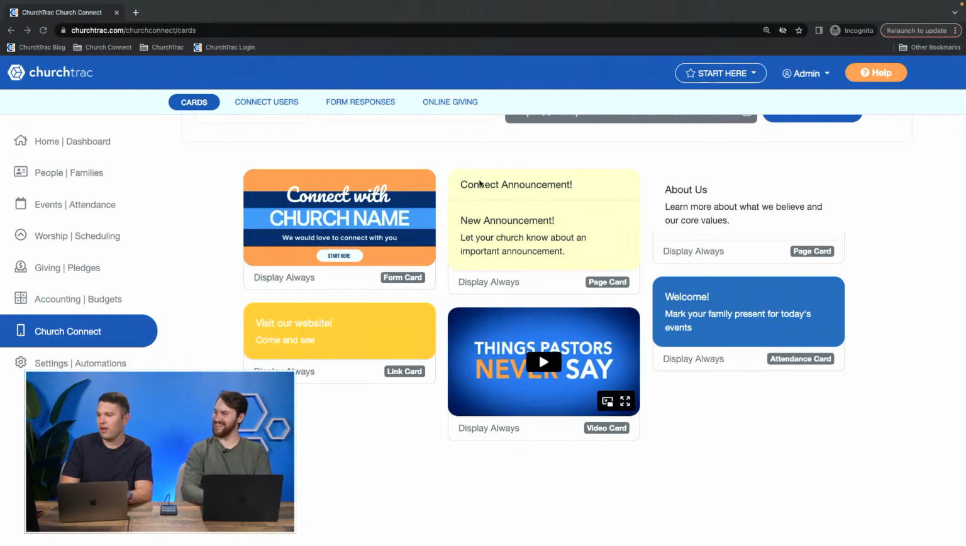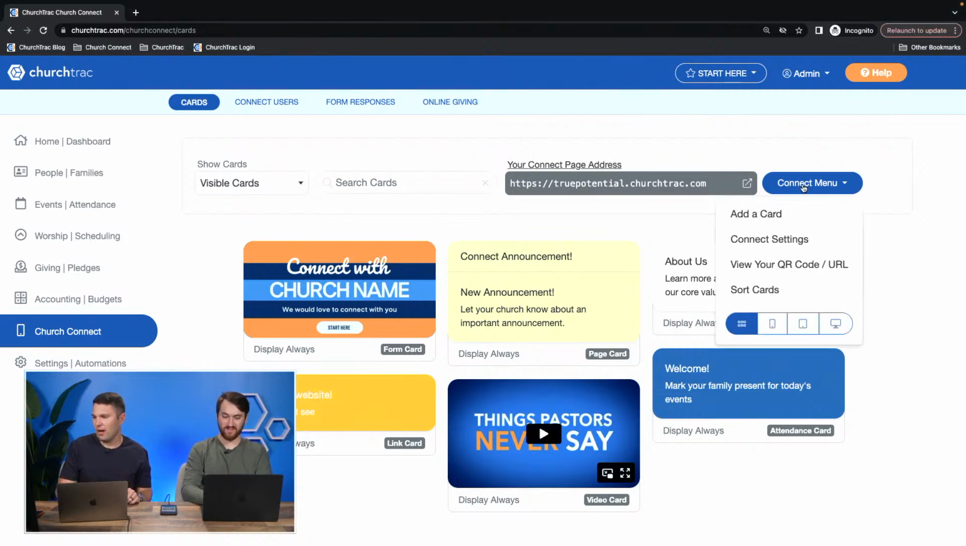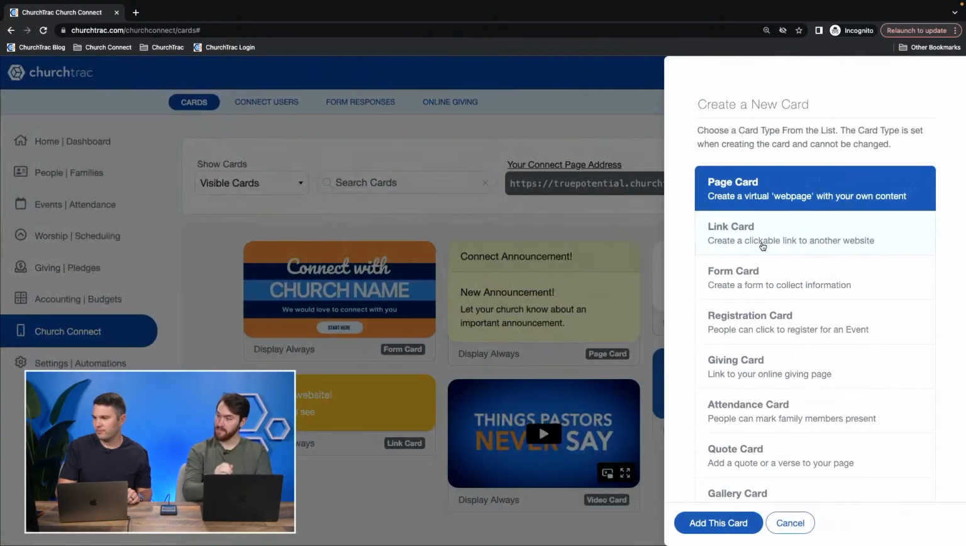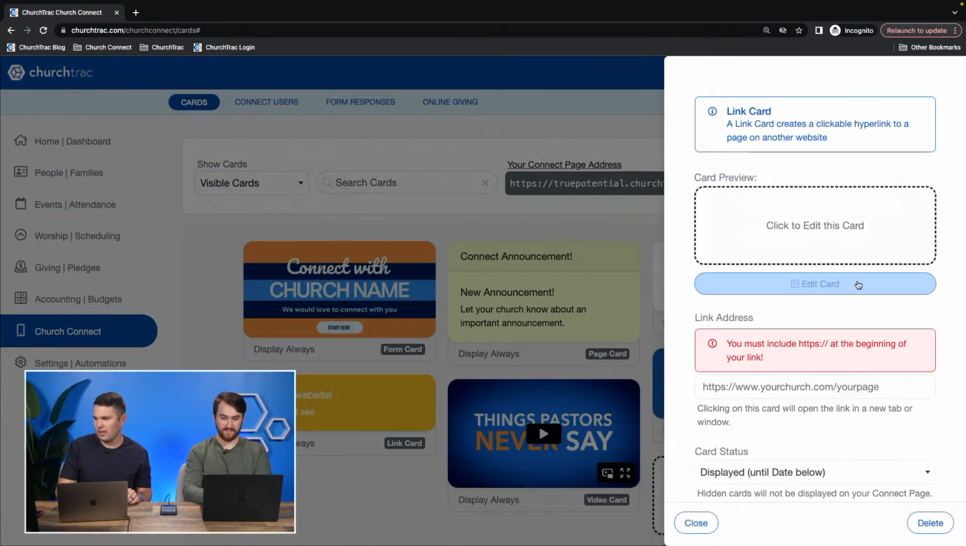Ooh, a link card. This is probably one of the most versatile cards on our Church Connect, because with a link card, we're basically linking to pretty much anything you can imagine. So I'm going to add a card, select link card, and add this card. Now, this particular card, I wanted to link to our church's podcast. I'm just going to put in ChurchTrac's website for now. So I'll say ChurchTrac.com is what this links to. It needs to be HTTPS, so